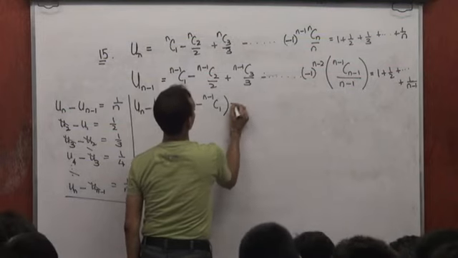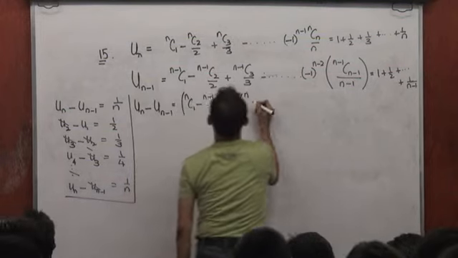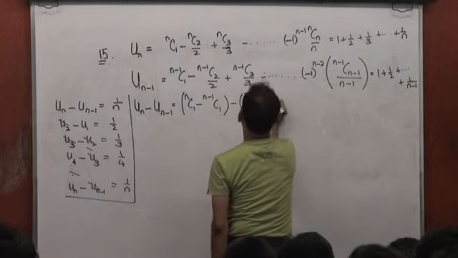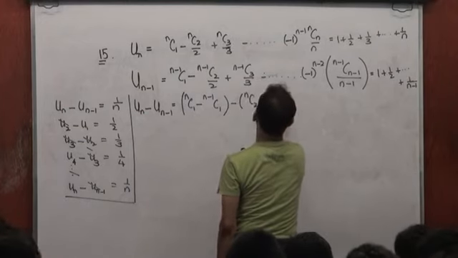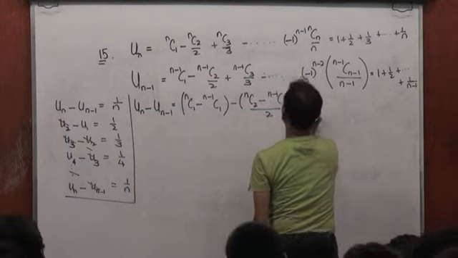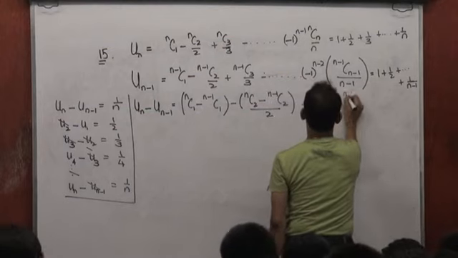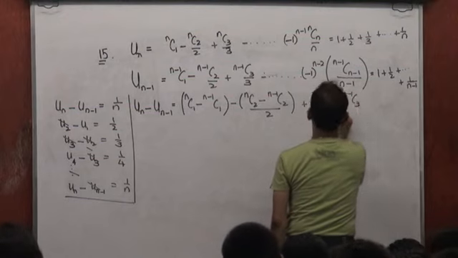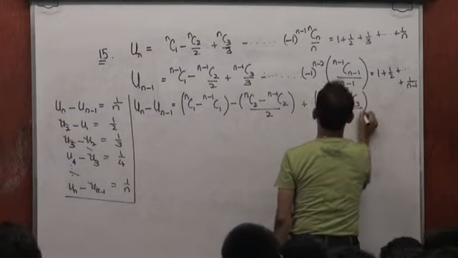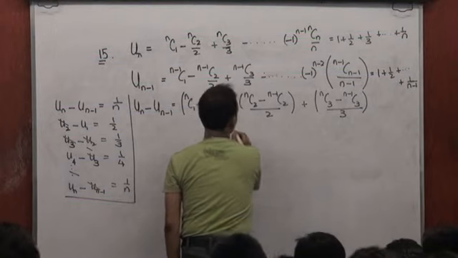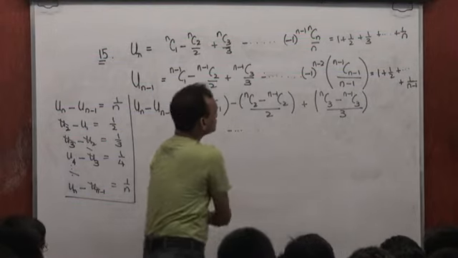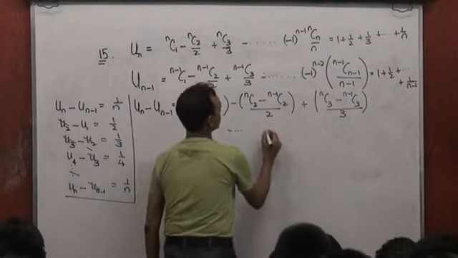Minus nC2 minus n minus 1 C2 by 2 plus nC3 minus n minus 1 C3 by 3 up to